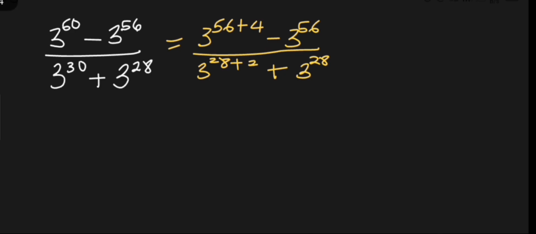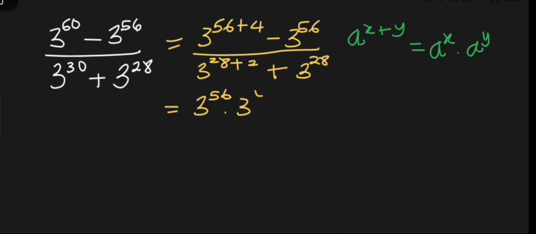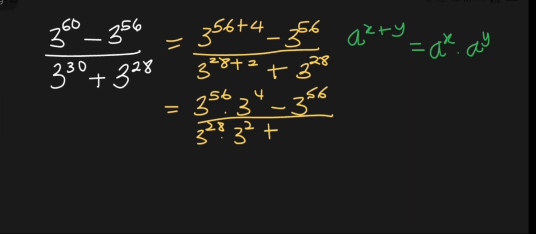Then, by the law of addition of exponents, a to the power of x plus y is the product of the separate powers, a to the power of x and a to the power of y. This we apply to the first terms in the numerator and the denominator, such that the numerator is 3 to the power of 56 times 3 to the power of 4 minus 3 to the power of 56, while in the denominator it is 3 to the power of 28 times 3 squared plus 3 to the power of 28,